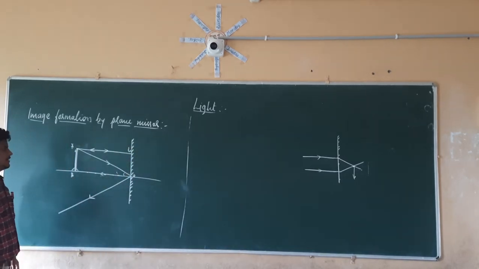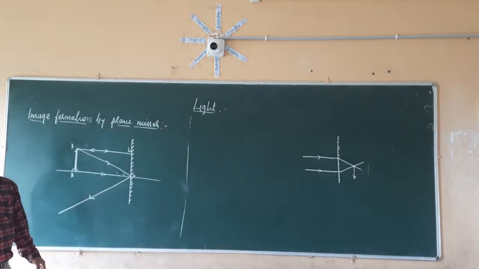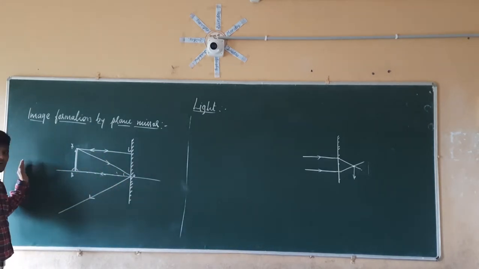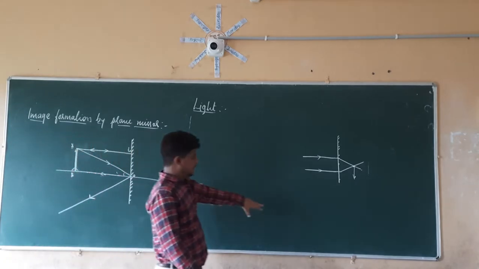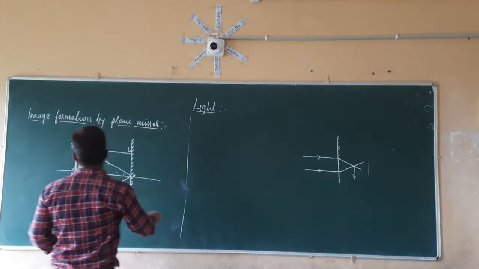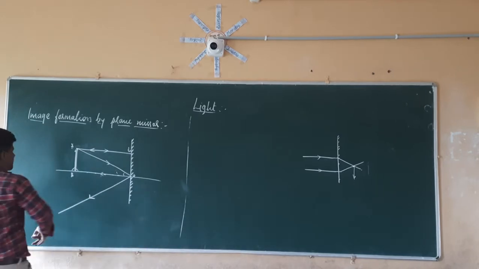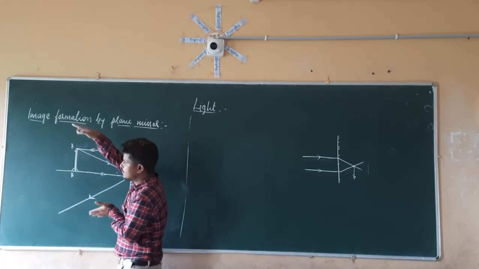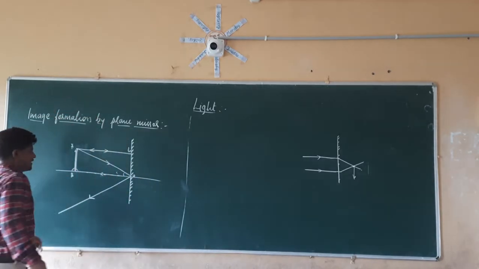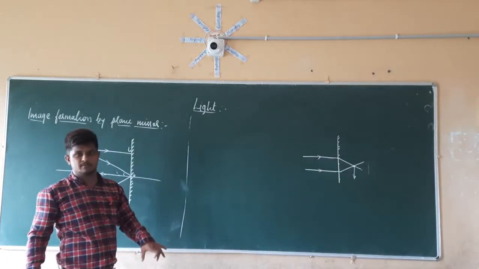Right. So see here. One light ray is reflecting in this direction, another light ray is reflecting in the downward direction. Is it possible that the two light rays are going to intersect at some point so that they form an image? We already know that for image formation two light rays are required, and they should merge. But here, one light ray is going in this direction and another is going in the downward direction. Is it possible that beyond some point they are going to meet? It is not possible that they are going to meet at some point. So how is the image going to form in a plane mirror?